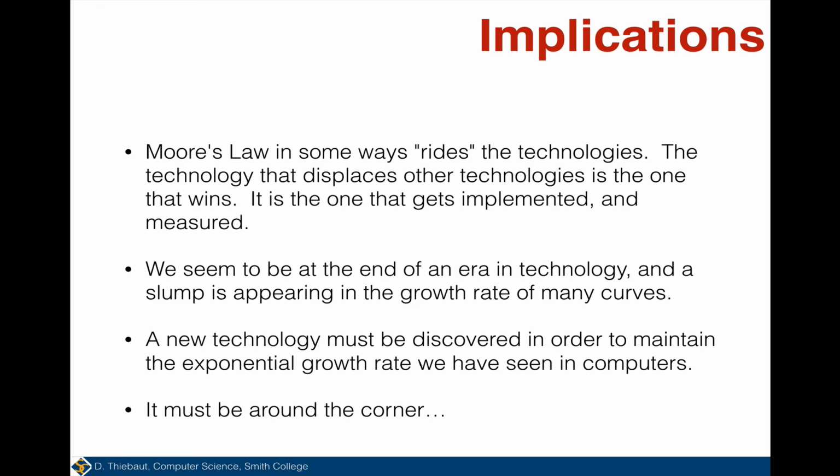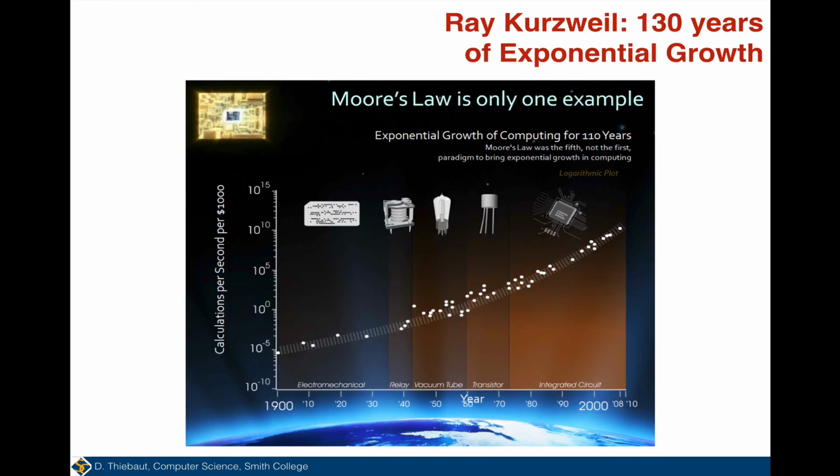So what are the implications of all that? When you look at Moore's law, especially when you look at Ray Kurzweil's graph, I'm going to go back to that, you see that there's an amazing trend, and it doesn't matter here whether we were working with punch cards, or with electrical relays, or when we moved to vacuum tubes or transistors. And you have to realize that it's very different. A computer with relays is very different from a computer with vacuum tubes, very different from a computer with transistors. So they're really different